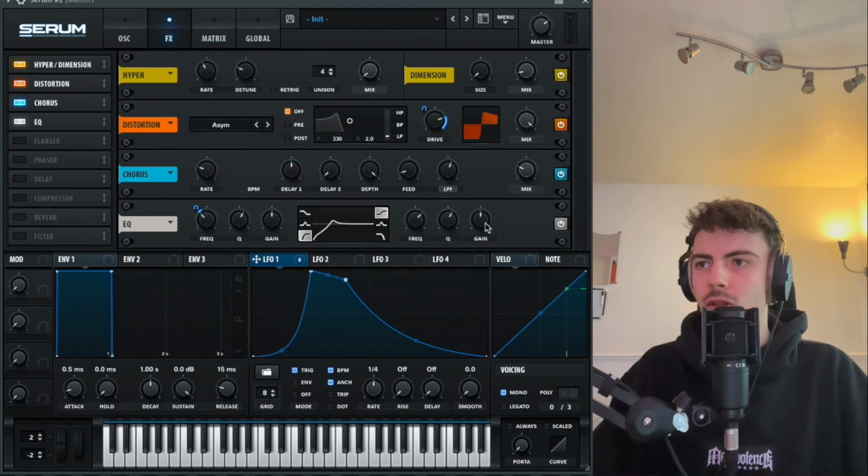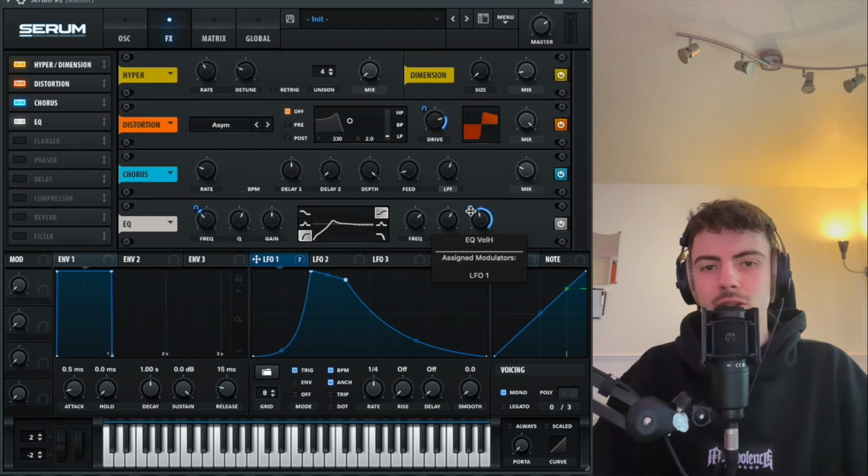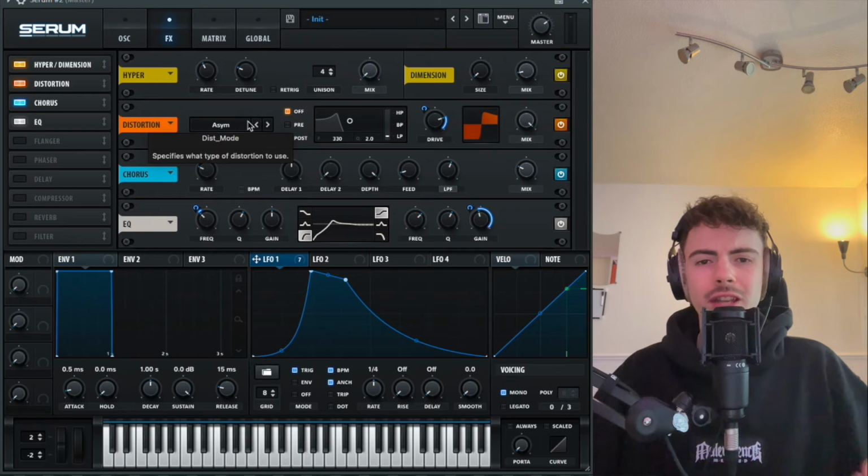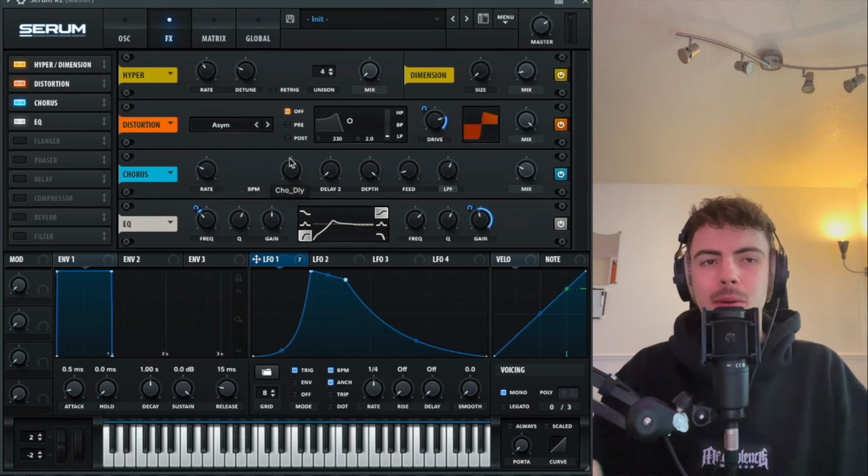Then we're going to grab the top end, turn it down slightly, but then modulate it with LFO1, starting to add some grit. And just to take it even further, we're going to crank that up all the way. Now you can hear we've kind of got the basis for this sound, but we're about to get it going